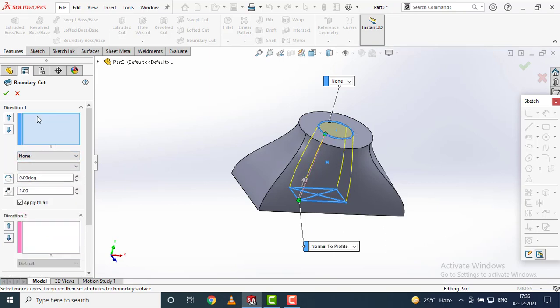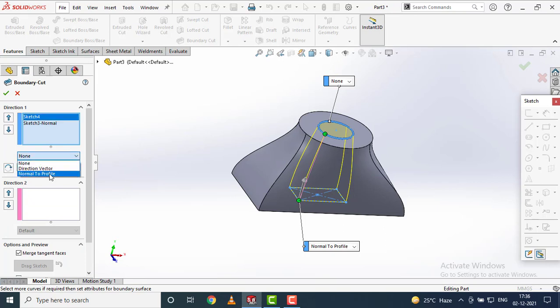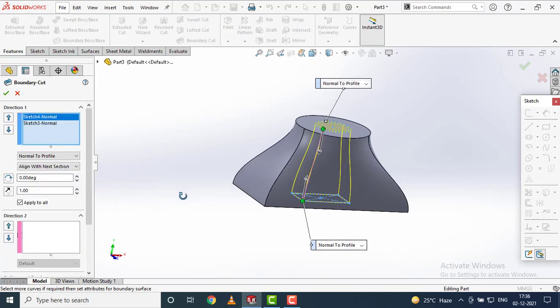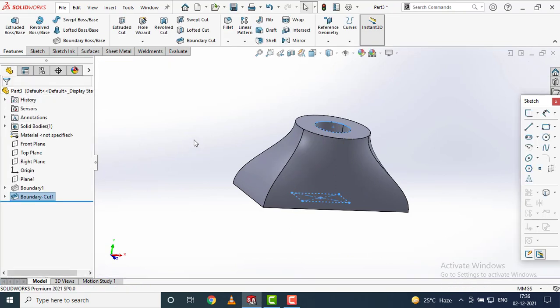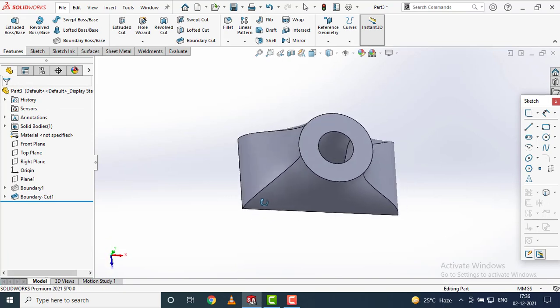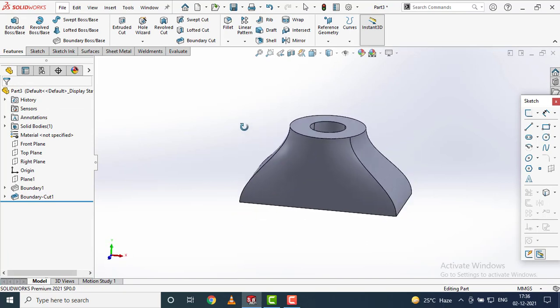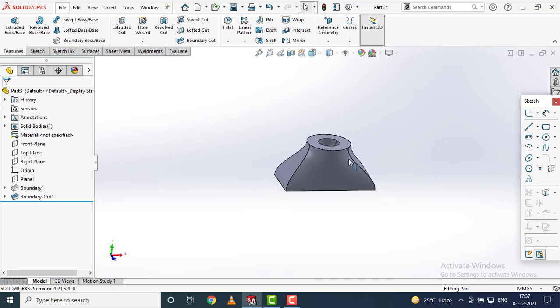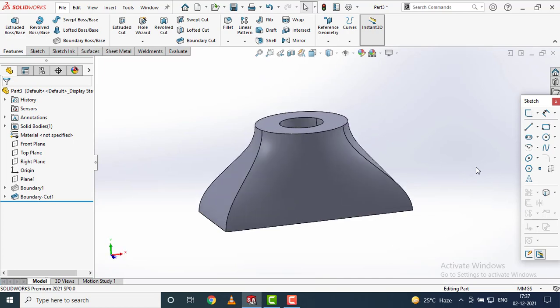For sketch 4, like this. Just click OK. Now you can see some material is cut out from this existing feature. This is boundary cut feature.